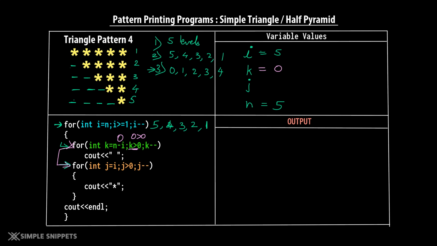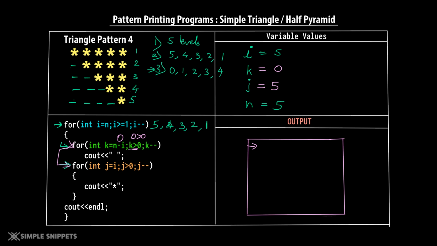So in the output screen, let me draw that output screen. So if this is your command prompt, this is your output screen. No space is printed at the start. So nothing is happening. We are at the first line, nothing is happening over here. So once we progress to the next for loop, we will say int j equals to I. So now j will equate to I. What is the value of I? I is 5. So j also becomes 5.